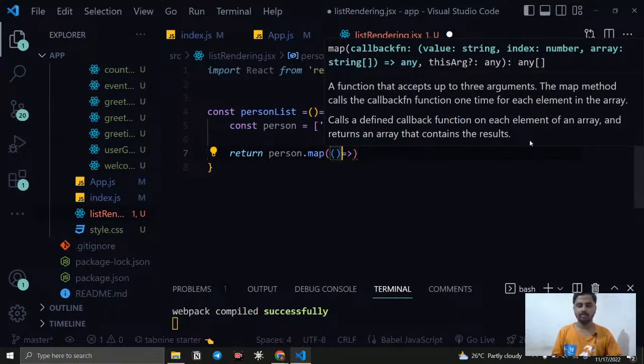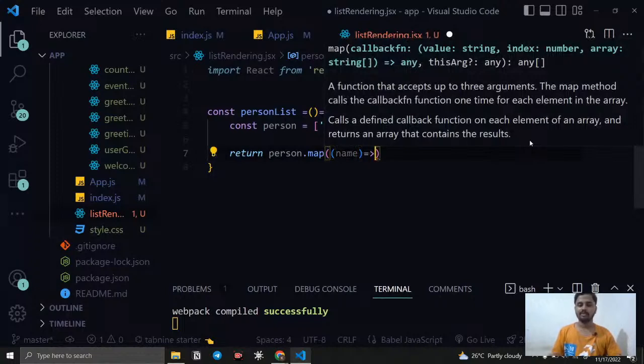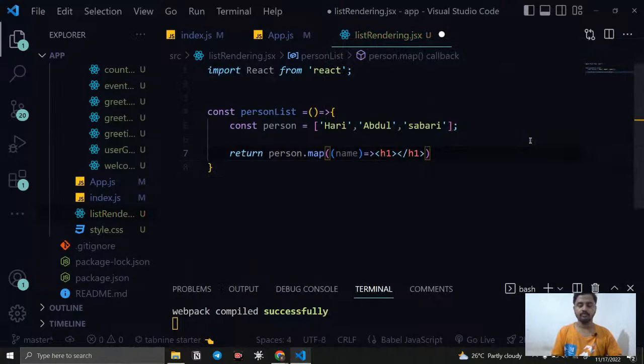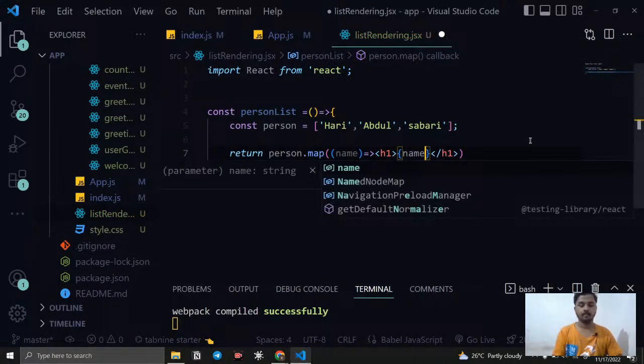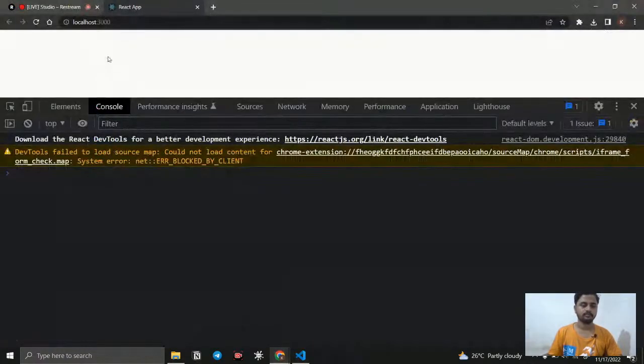So we are going to get an array of elements. Here each and every element is taken, so I just call it name, and those names we are going to use. What it needs to return is an h1, and inside this h1 I need to render those names. That much it's simple. We can render that simply. So if I go here,